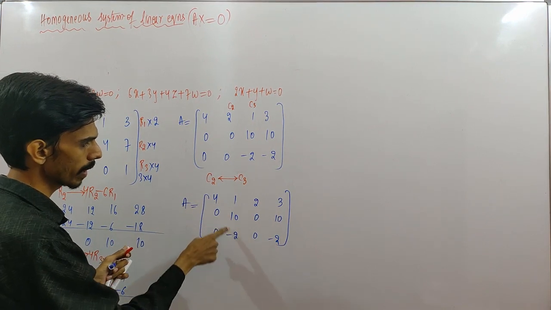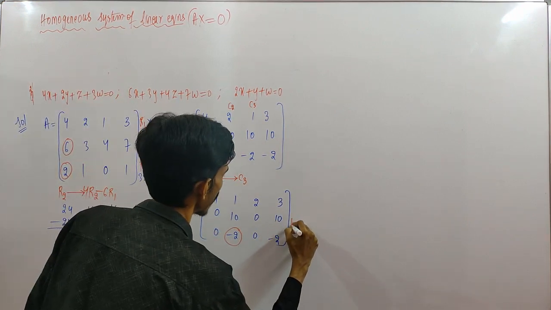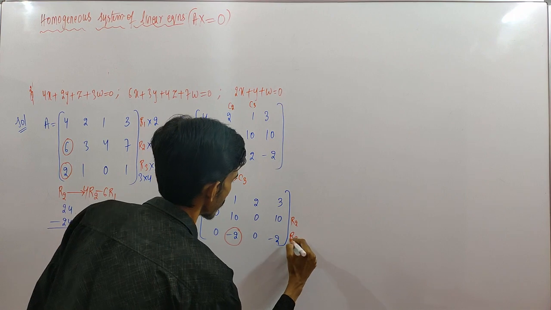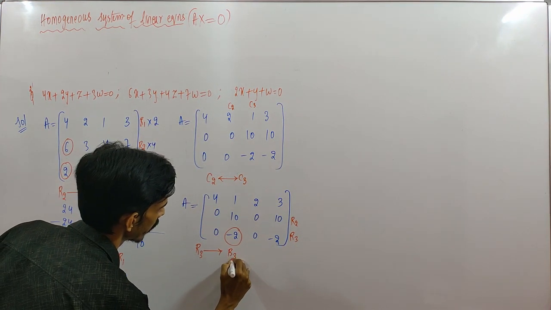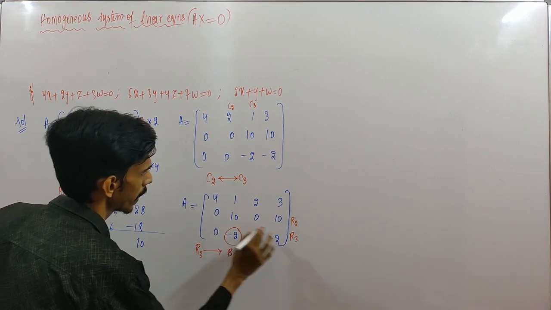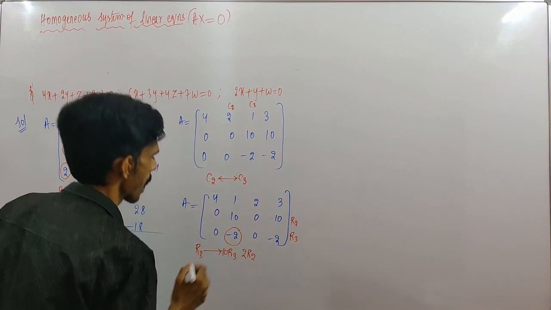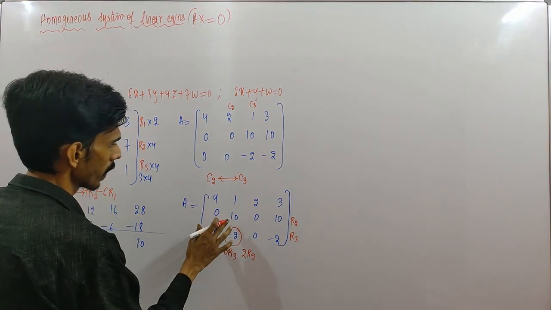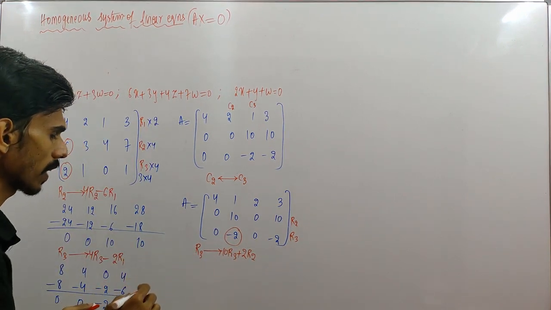Now here we have a non-zero element below which we have two zeros. Here we have a non-zero element. Here I want 0. So let us make this element 0 with the help of row 2. So applying row operation on R3, we have R3 with the help of R2. So 2 into R2 is 2R2. 10 into R3 is 10R3. Now here plus sign is there, minus sign is there. So in such case take positive sign.